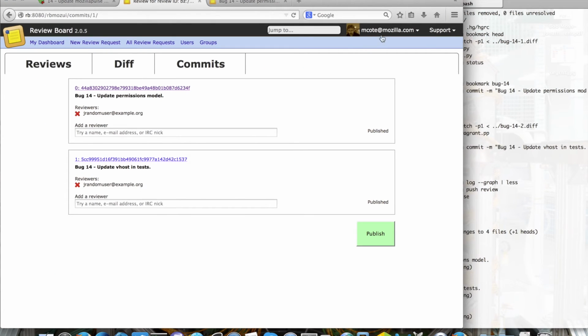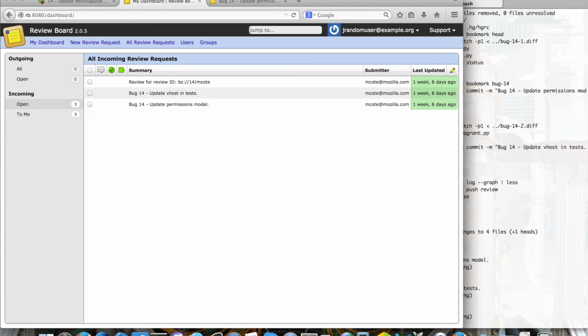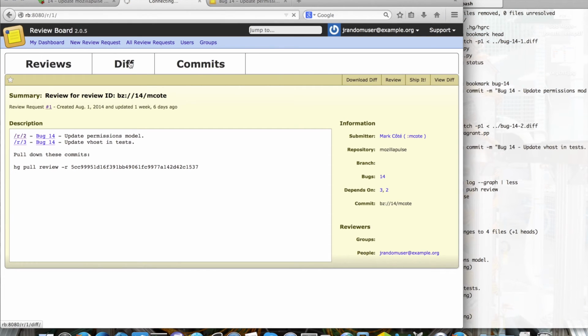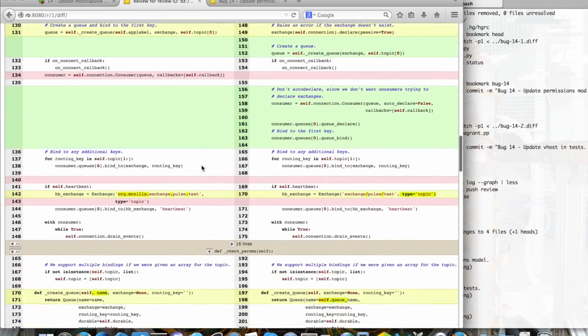So now I'm going to actually do a simple review. I've got to log out and log back in as the jrandom user. Other people can do drive-by reviews like you can in Bugzilla right now, but we'll use the account that we requested for review. So since I was requested, you can see here on the left there's incoming review requests to me. So I'm just going to go into one of the review requests, open up the diff,